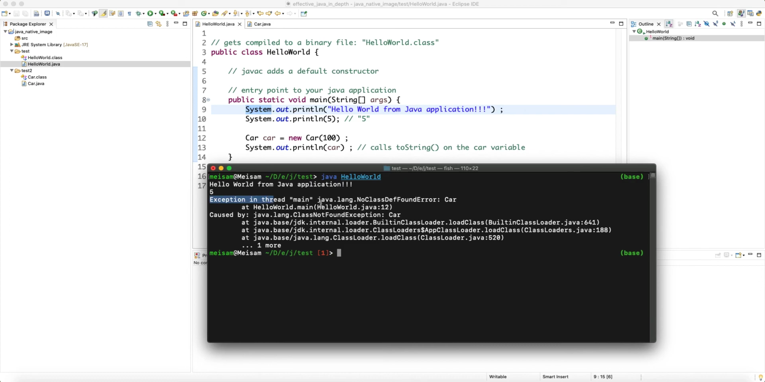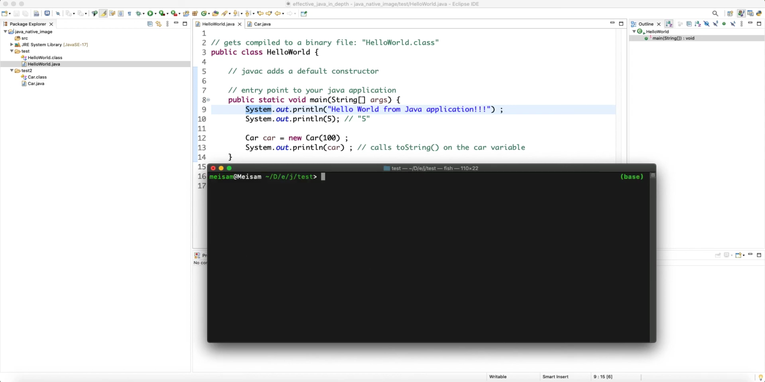But then it says there is an exception, a NoClassDefFoundError, which says I couldn't find a class file called Car.class, because you're trying to use the new operator to create an object of type Car. But the JVM says I need to first understand what this Car is. And the way the JVM understands that is it looks for a class file called Car.class. It couldn't find it. So we need to specify another directory that has this Car.class,